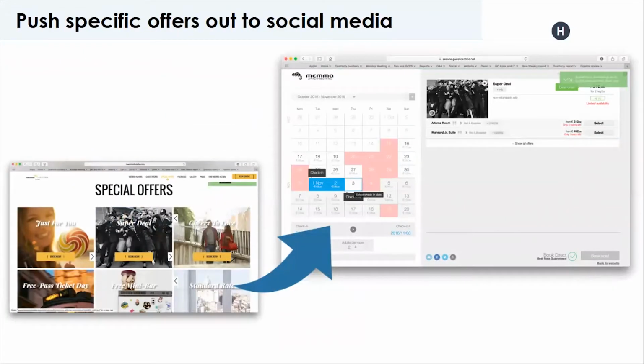This one, I think, is a very important feature, and a lot of people like it because you can actually respond to a specific request or event on social media or other platforms. You can select a specific offer with a pre-selected date and point it to a specific group of people.